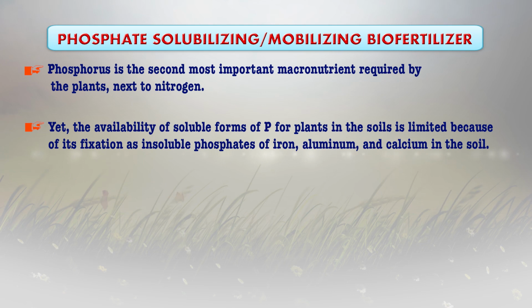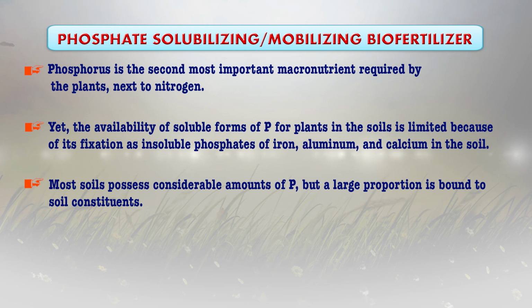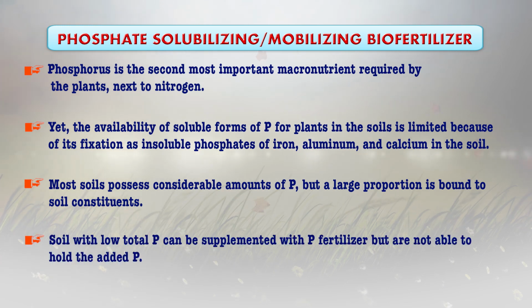But the availability of soluble forms of phosphorus for plants in the soil is limited because of its fixation as insoluble phosphates of iron, aluminum and also calcium in the soil. So most soils possess a considerable amount of phosphorus, but a large proportion is bound to soil constituents. Soil with low phosphorus can be supplemented with phosphorus fertilizers, but they are not able to hold